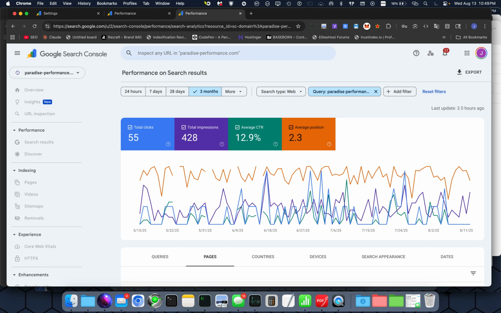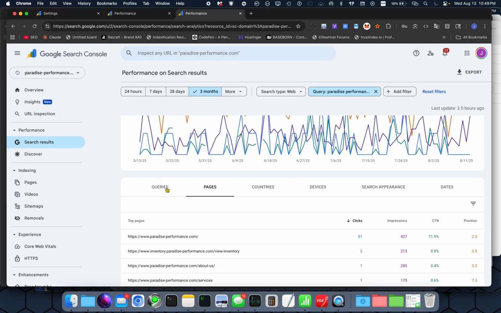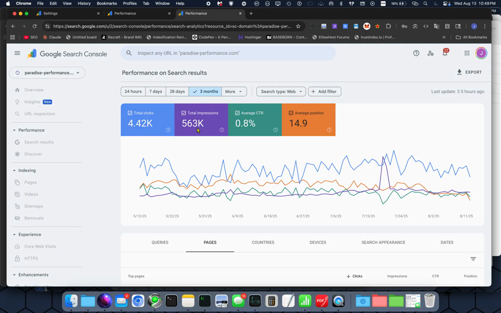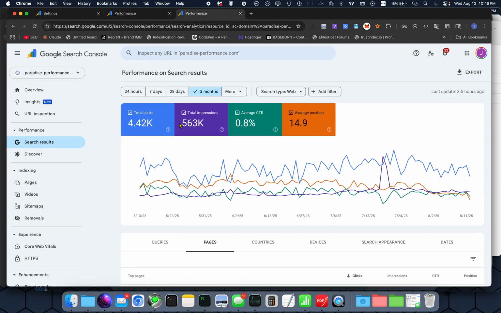anytime an end user searches for a keyword and your website comes within their viewport, so within their screen, or on their screen from up, down, left, and right, anywhere within the frame. Whether you click or not is irrelevant. It's going to be an impression for that website, and then of course if you click, then you'll show up in the clicks. So right now, in the last 3 months, there's been 4,400 clicks roughly for Paradise Performance, and